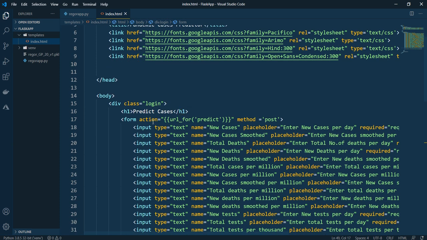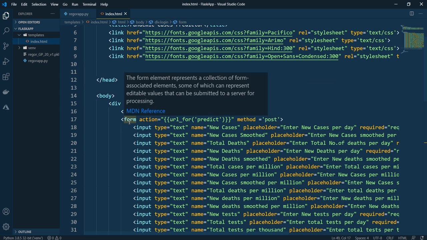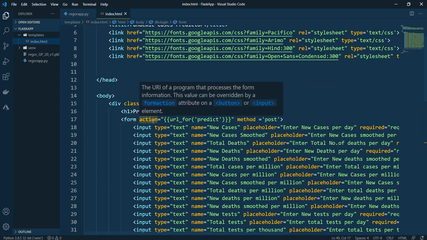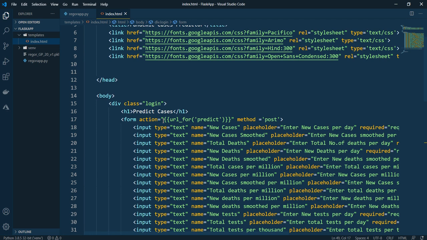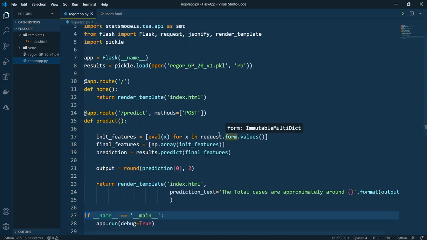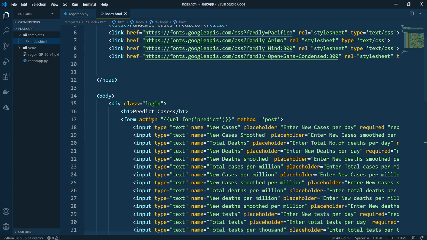And inside this, what you need to understand is the form. Since it will take some input from the user, it will post. It will post to this predictor class. So the action that we will be using is url_for.